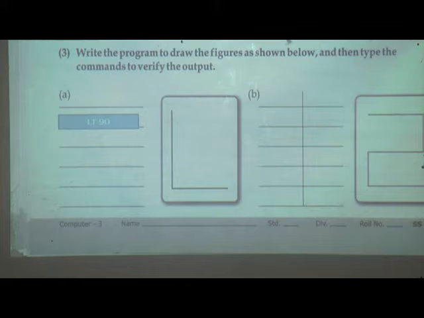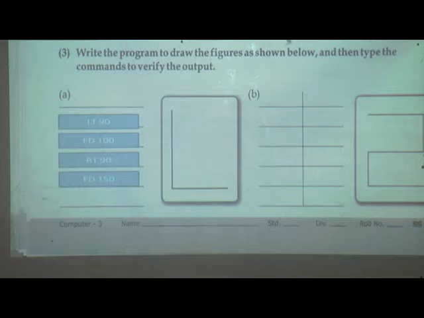Firstly LT 90, then FD 100, then RT 90, then FD 150. Why? Because the size is different. That's why FD 150. And the last one is only this one.